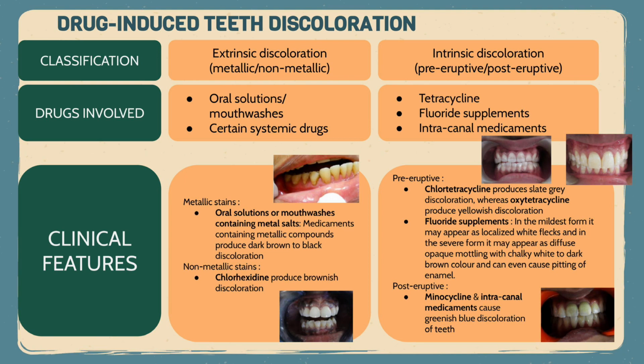While for fluoride supplements, in the mildest form, it may appear as localized white flecks, and in the severe form, it may appear as diffuse opaque mottling with chalky white to dark brown color, and can even cause peeling of enamel, as shown in the picture above on the right side. There's a white opaque fleck seen in an individual from a non-endemic area that could be attributed to excessive fluoride